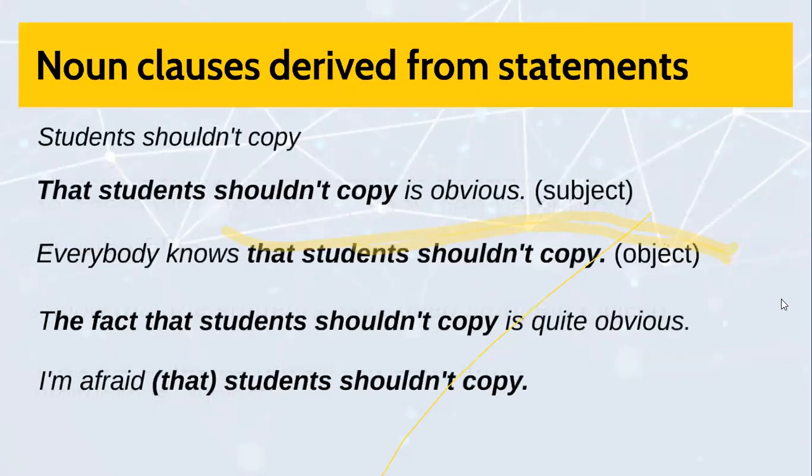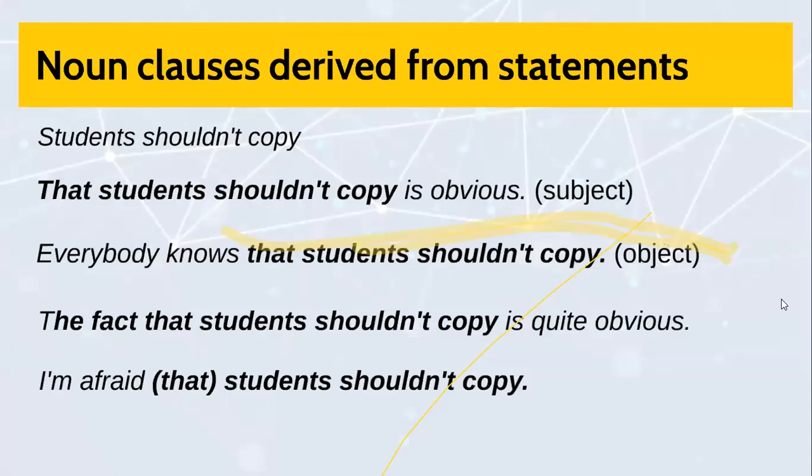Then we have some noun clauses which were derived from statements, okay? I will give you an example of a statement. Students shouldn't copy, okay? Based on that statement, we can create many examples and many versions of noun clauses functioning as different parts of the sentence. In the first example, we have the noun clause functioning as a subject. And we can say something like,